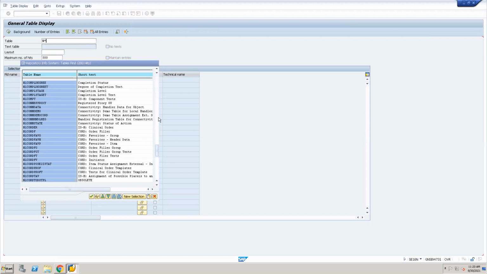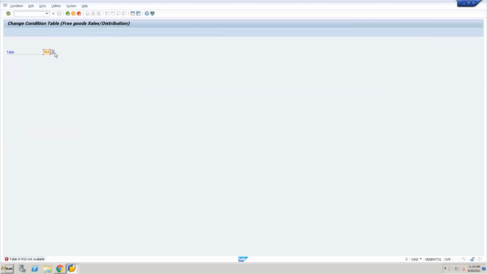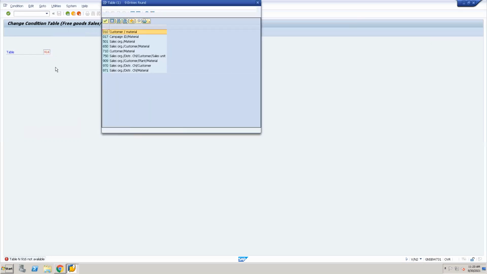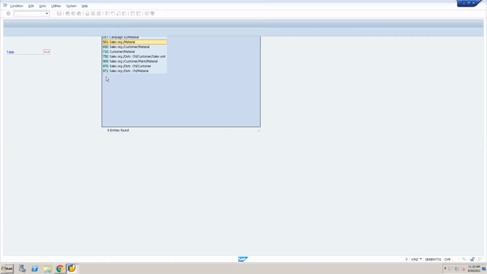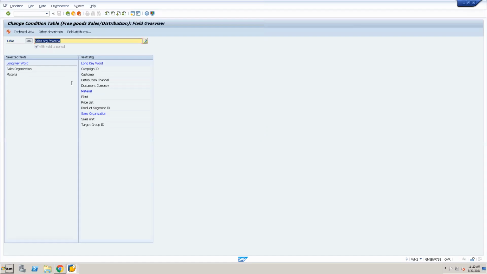These are the tables already created. So 010 or 017, something like that. Let's take 501, sales organization material, and the system will take me there.